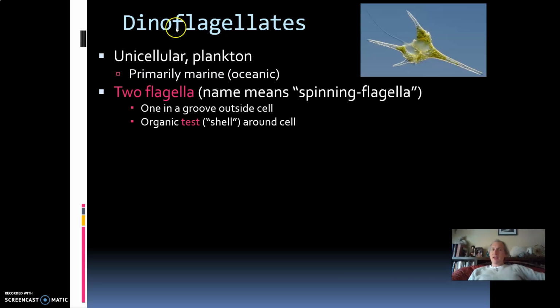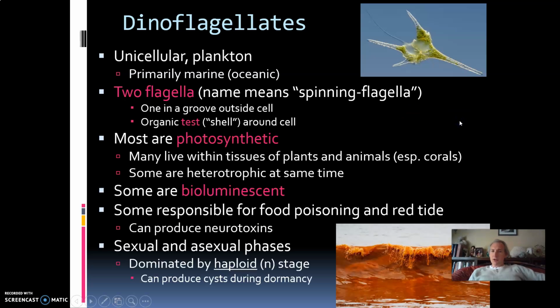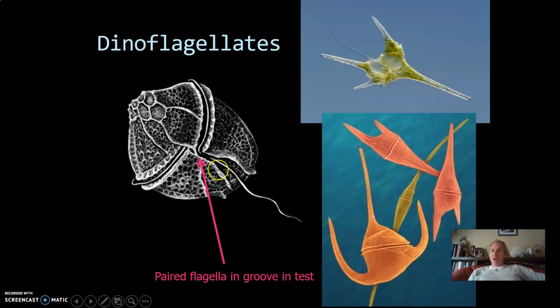The name Dinoflagellata, you might think of as meaning two, and in fact they have two flagellae, two of these little whip-like structures. Let me show a picture and we'll come back to this. If you see a scanning electron microscope picture of these or a regular microscope picture, you can see this is the cell. It's a weird looking cell. This is a fake color. This is like Photoshop. They don't look red or yellow or orange, but they have a groove in their shell.